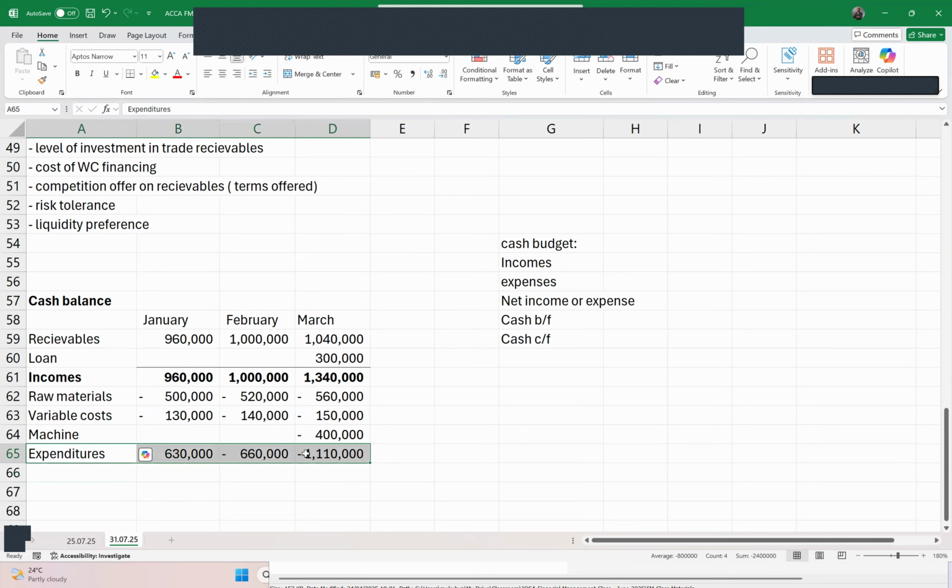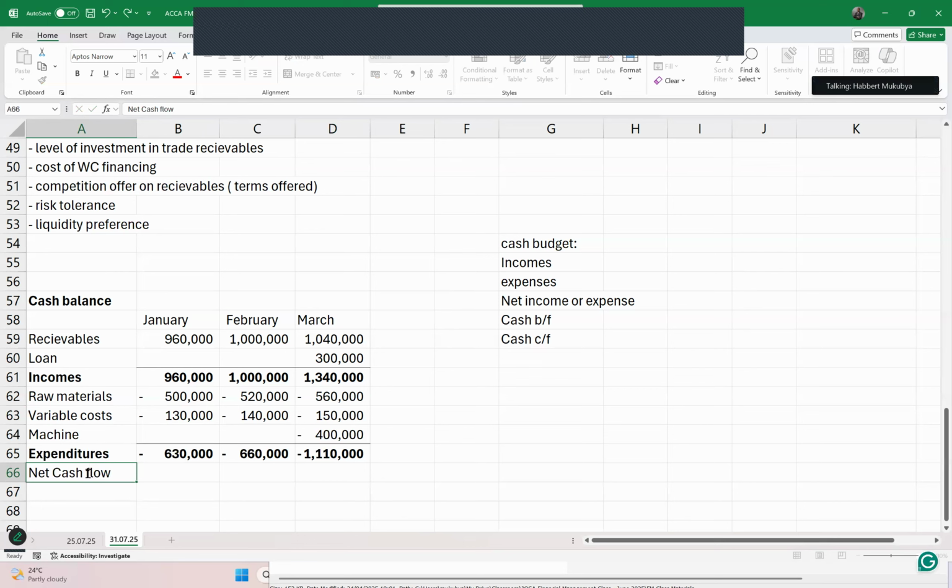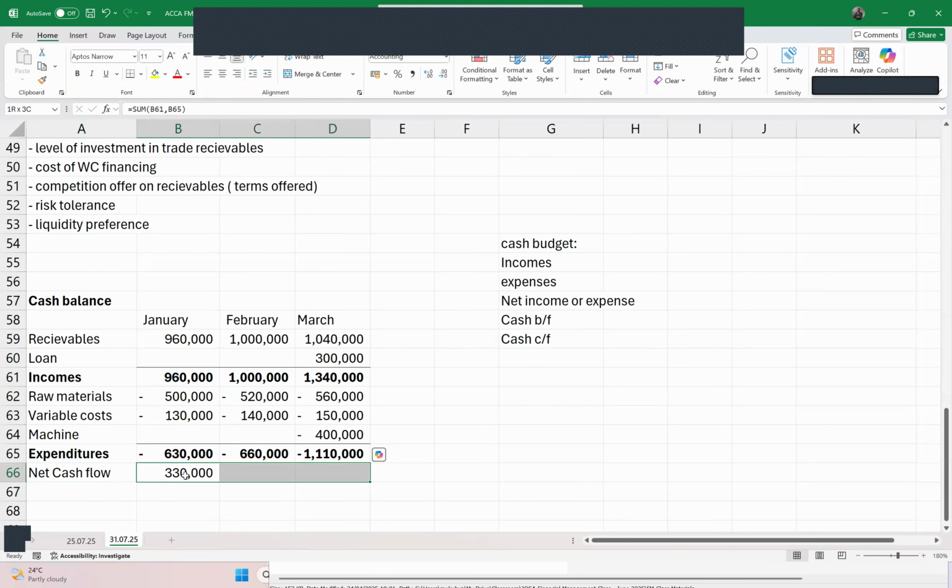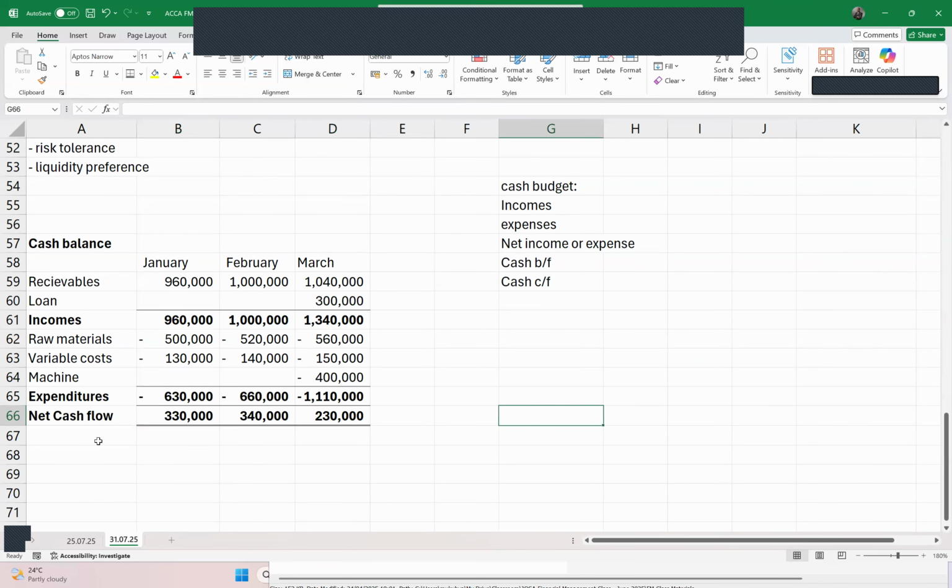We have our expenditures. So from there, you can calculate now the net. Okay, so this is the net cash flow, or you can say net income or expense. Which is 330,000. This one we can maybe give it this. Now, so we can have